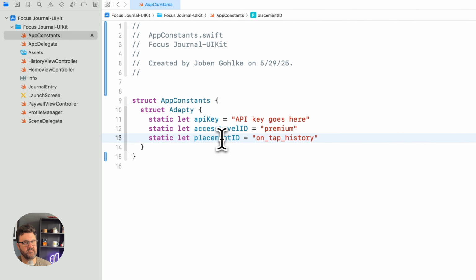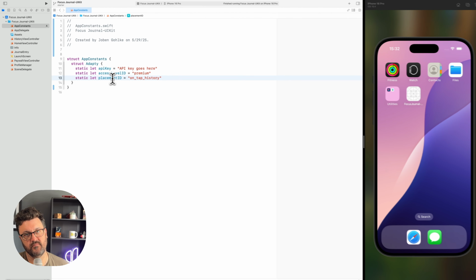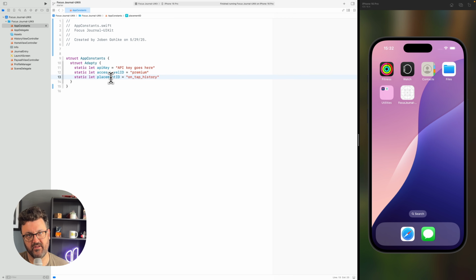And then lastly, a placement ID. This is telling the system where paywalls belong within an application's flow. So whether it be after onboarding or in settings or wherever you might put it, you're going to set up a placement ID within Adapty's dashboard that signifies that location in your app and give it a unique name so that we know how to call a specific paywall. So ours is going to be called OnTap History because we're going to trigger the paywall when the history button